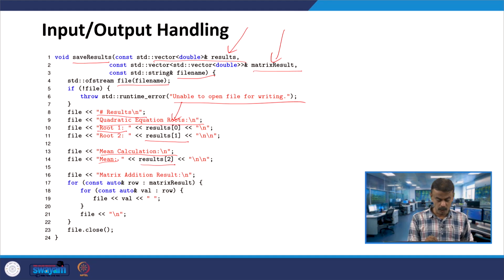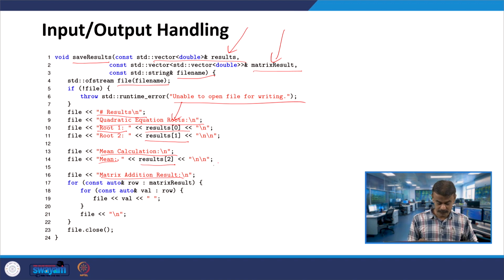So, results 0 and results 1 I will use for root 1 and root 2, and results 2 I will use for mean calculation, in fact, a one dimensional array, vector. Then here you have the matrix addition result.